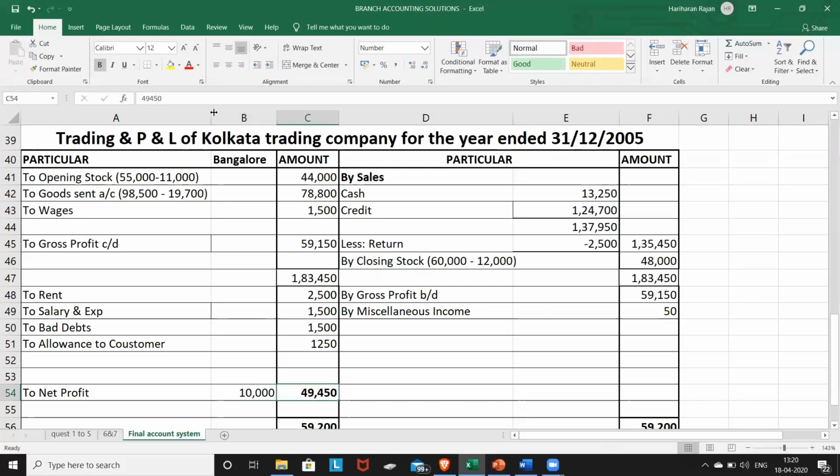So I'll have one more column, which gives me the final balance. So 49 plus 10, 59,450. So that is the reason I prepare trading and profit and loss account, so that I know the effect of all the other branches and find out what is the final profit I have made. It is important, no, as a head office should know what is the final effect it is getting from all the branches, whether it is making profit or loss. So that is the purpose of having trading and profit and loss account.